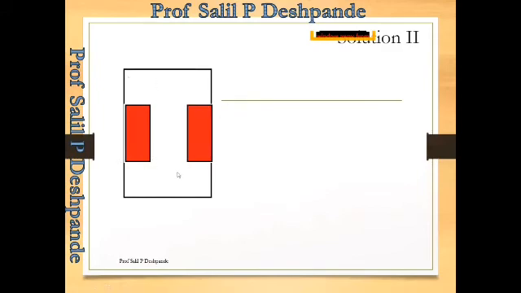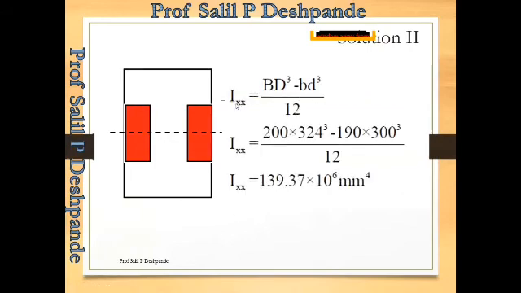Now why have I done this? See, this is also an I section, just like in the previous configuration. But the advantage I get with this is, if you observe, the centroidal axis of figure number 1, figure number 2 and figure number 3 is common, it is coinciding. And we have studied that if the centroidal axis is coinciding, I can do the calculations without using the parallel axis theorem.